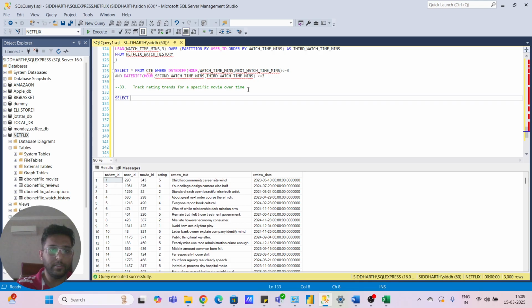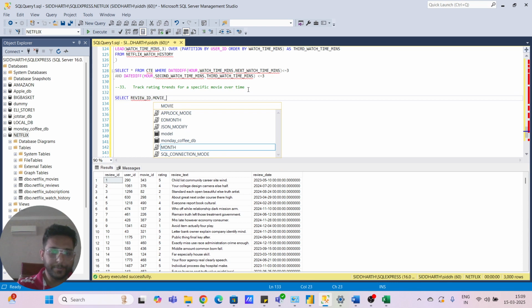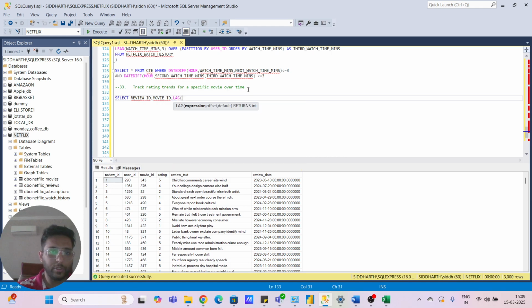We will select the review ID, movie ID. Track rating trend, no? For a specific movie. Okay, review ID, movie ID. Then we should use the lag function on the basis of rating, yeah, rating only, rating comma one